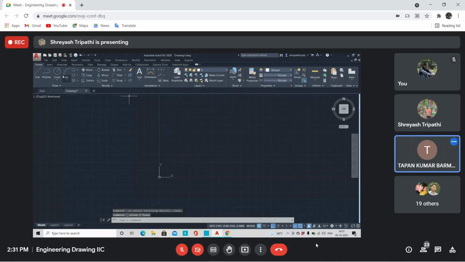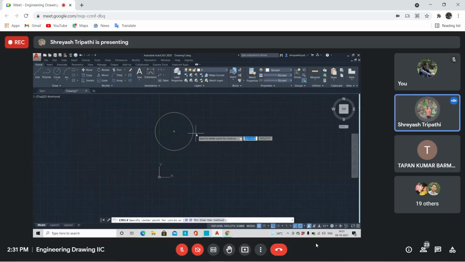But to select that thing, you need to turn on your OSNAP, object snapping on, and center mode also should be on.